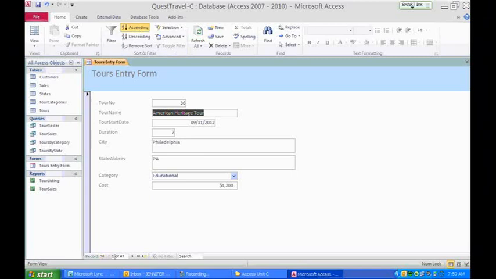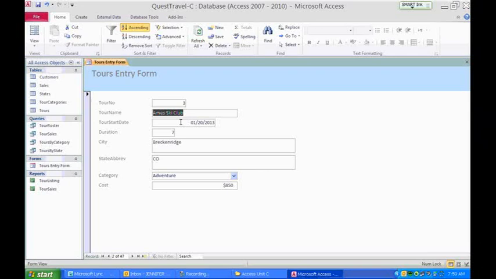The Next Record button is down here. We have our navigation buttons down here, and if you point to it, your screen tip pops up and shows you Next Record. This button here will take you to the very last record. This inserts a new blank record, the very first record, and the previous record. So we clicked Next Record,